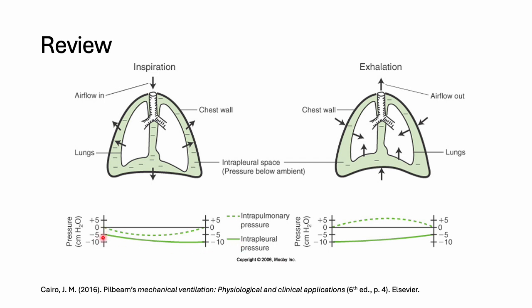Okay, at rest, the pressure is -5. So when you start the inhalation process, it becomes more negative. This more negative pressure is of course translated into the lungs, creating a pressure gradient, which means the pressure here is more negative than the pressure outside. So then air flows from a point of higher pressure to a point of lower pressure, and therefore